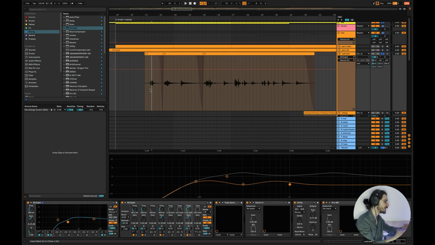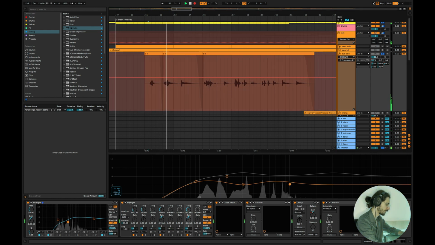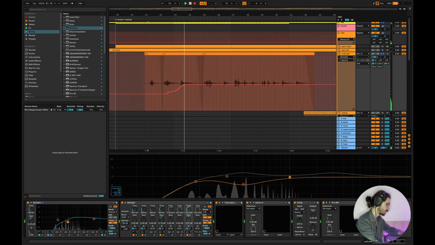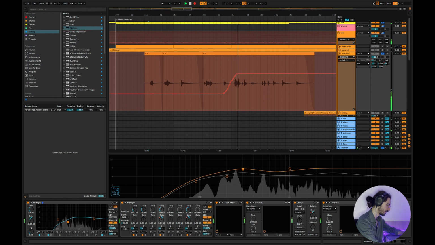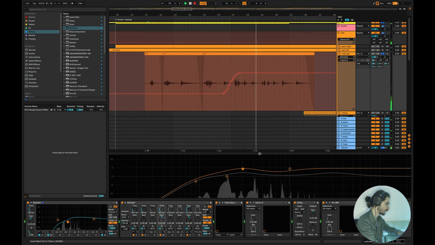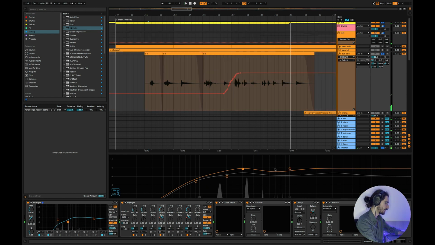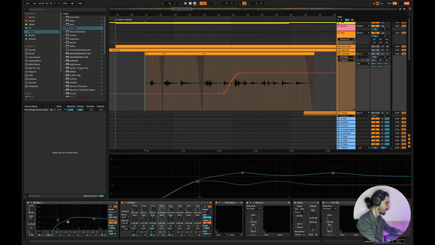And then it's going to change over time. Okay, now we need to do the same thing for the other bands or filters, because it's now a little bit too loud. And what we could do is